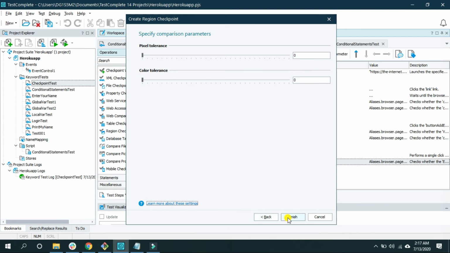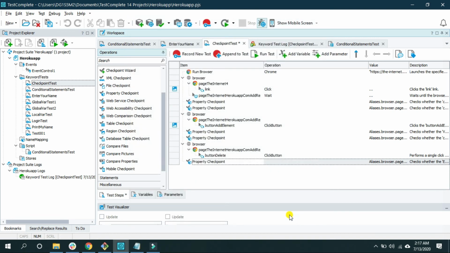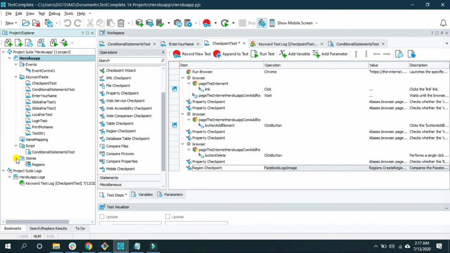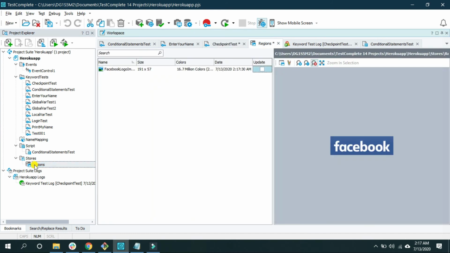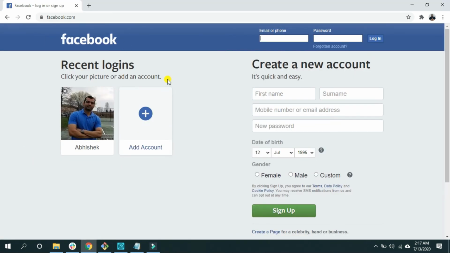Let's click on next, and we don't want any pixel tolerance or color tolerance, and click on finish. If you notice, inside the stores and inside the store we have this region folder, and inside this region folder the Facebook logo image got stored. So this is the expected image and we want to compare it against the Facebook page.